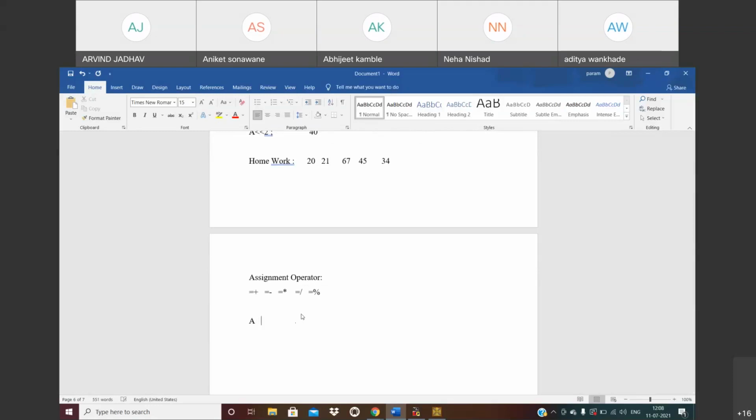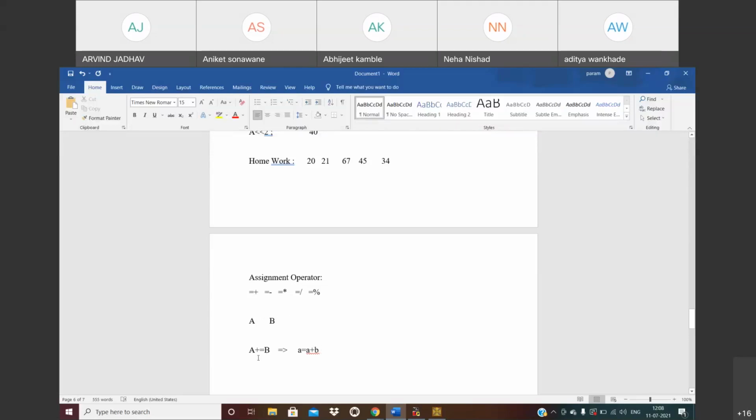If we have two variables A and B, we write A plus equals to B. What does it mean? It means that A is equals to A plus B. That means the addition happens and the result is stored in the first variable itself.